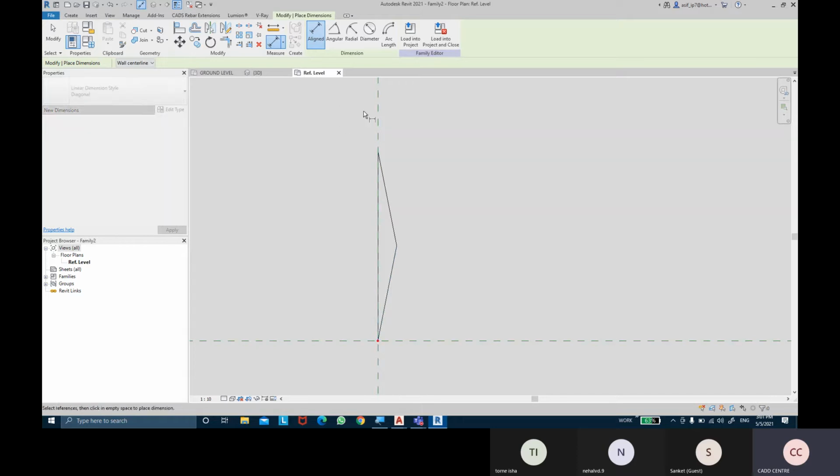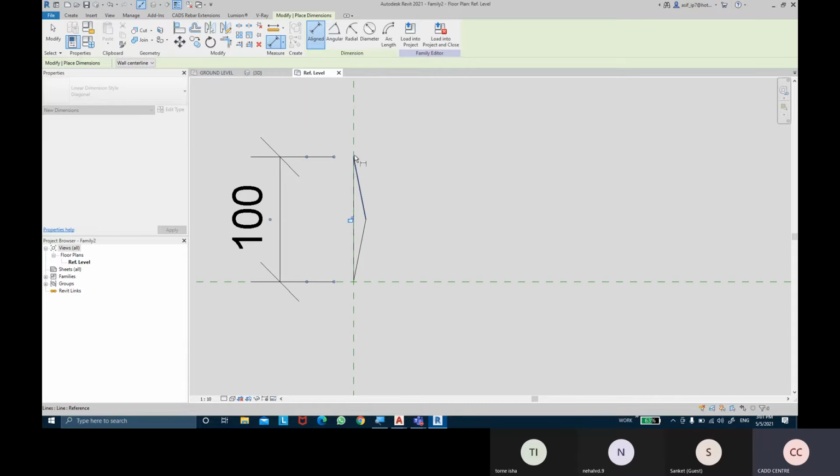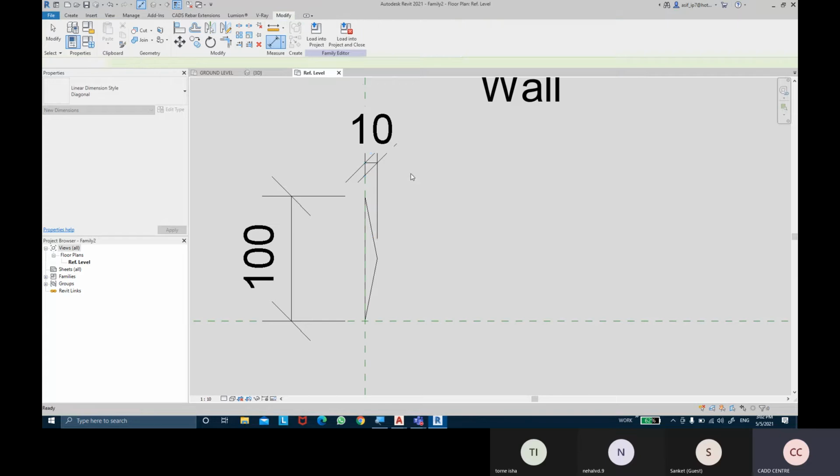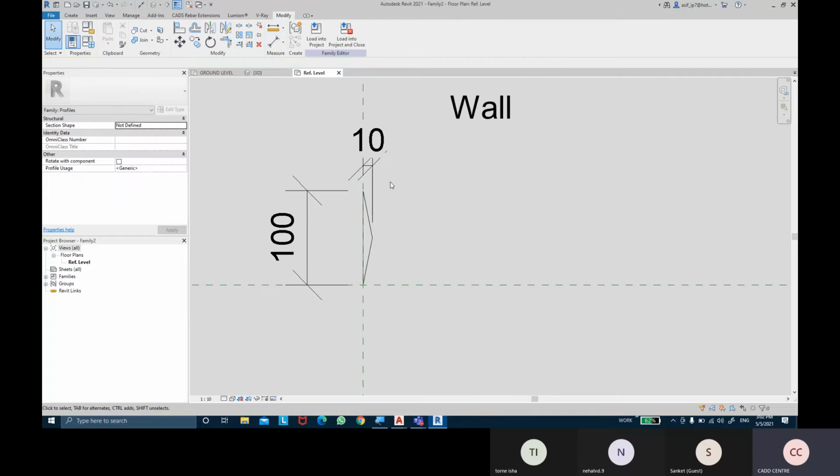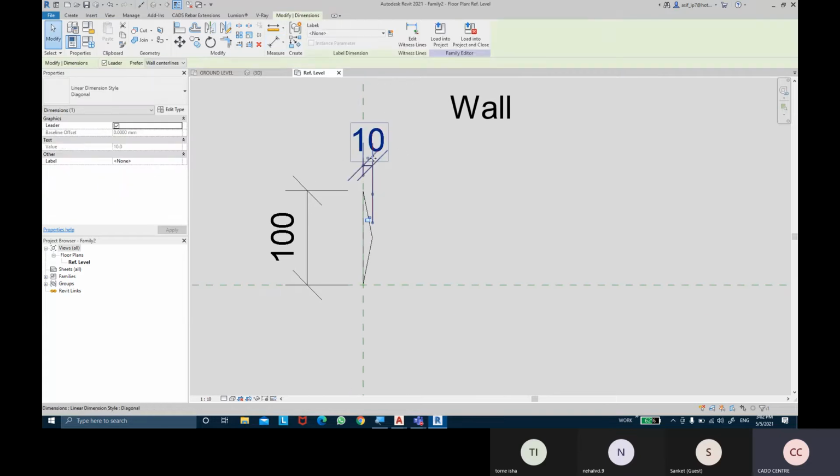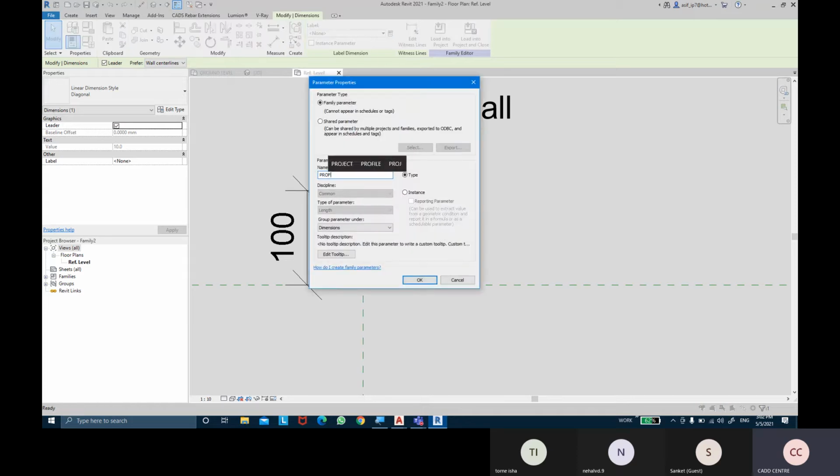Now I'm going to click it. Then again I'm going to keep the cursor, hit the tab key, tab. The cursor, that's the profile height, and then I'm going to select this profile point and this point till here. Okay, from this end to that point, it can be my profile depth. I'm going to select this dimension and label this as profile